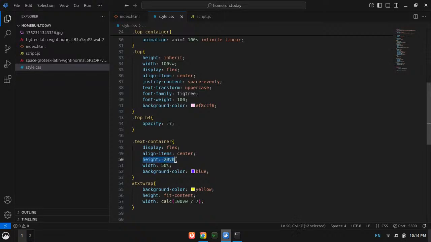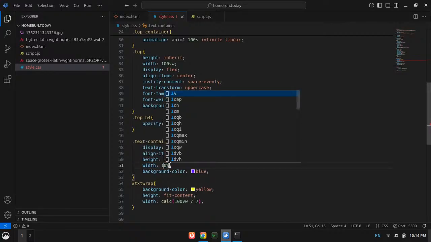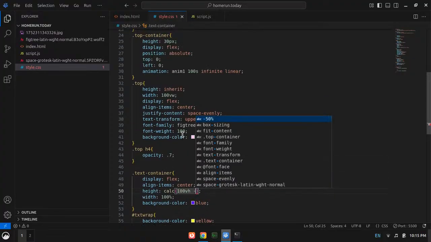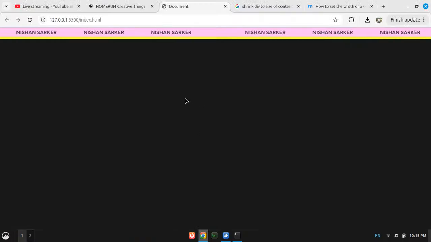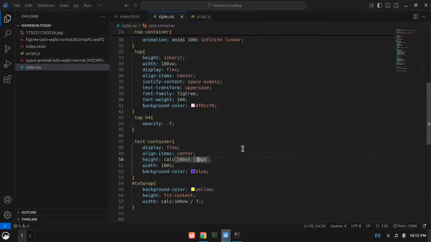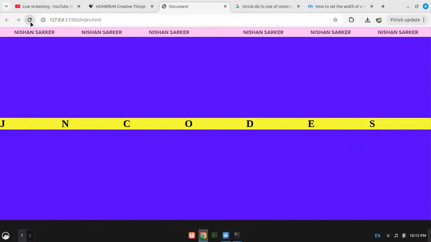The width will be 100%, and the height will be calc of 100 VH minus those 30 pixels that we added for the header. Why doesn't it work? Okay, it now worked.